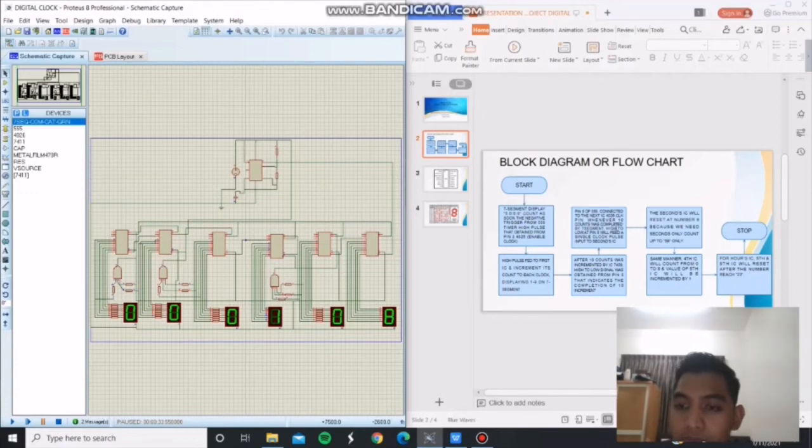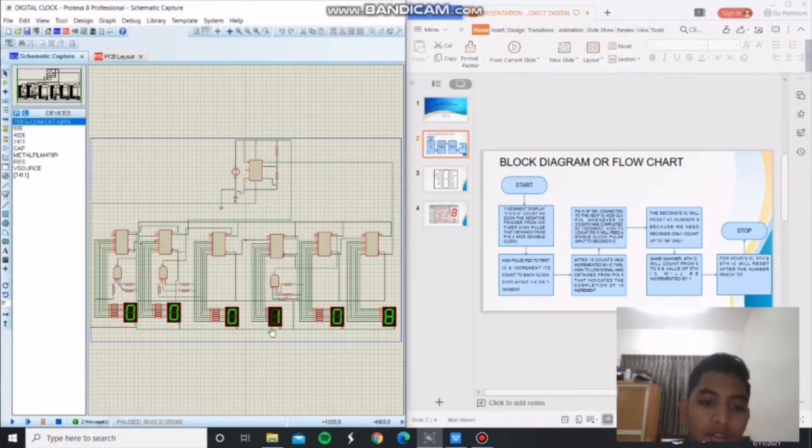Next is the minutes IC. In the same manner, the fourth IC will count from 0 to 6, and the value of the fifth IC will be incremented by 1. The fourth one, the minutes IC, will only display up to 59 minutes. We didn't show 60 minutes, it also goes to